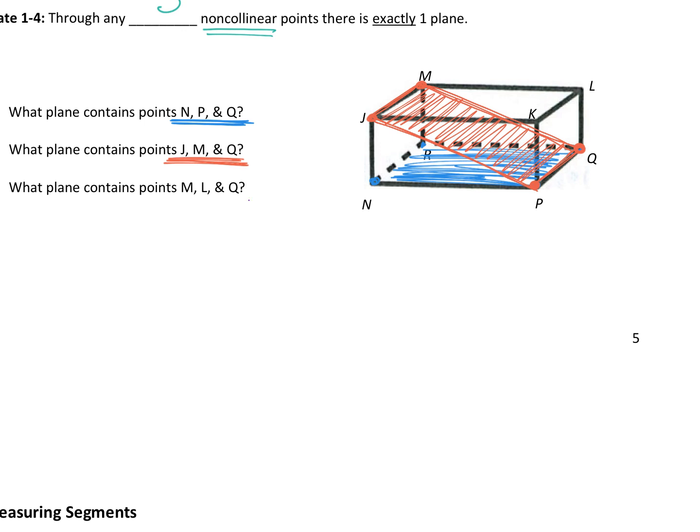And then last one, M, L, and Q. Which one would that be? Here's M, here's L, here's Q. What would your 4th point be? R. So which face is that on the figure? The back. It's the back side, yeah. Just like this. Okay? Any questions on that? So fun, right? So much shading and color. Love it. All right, that